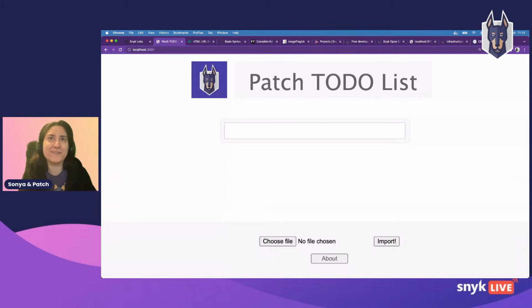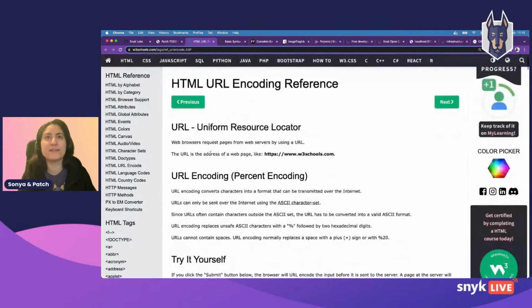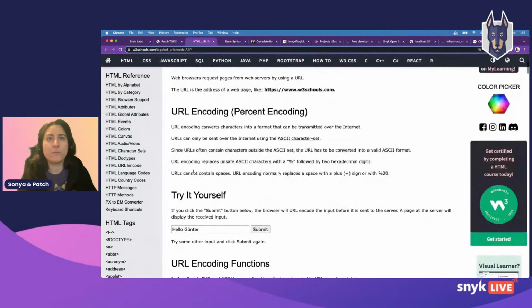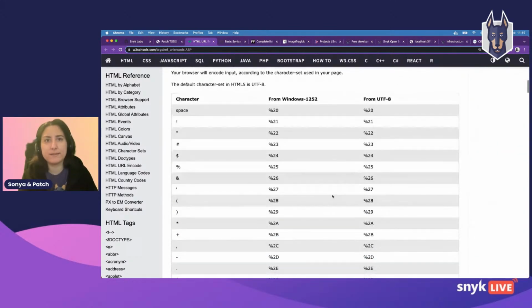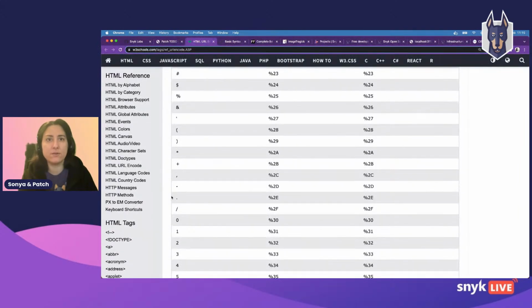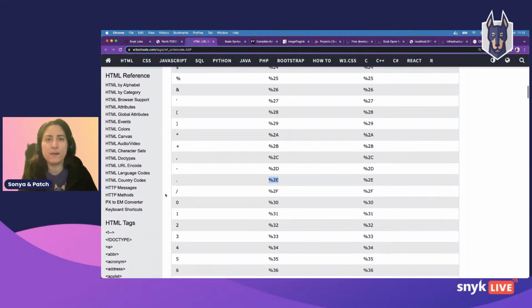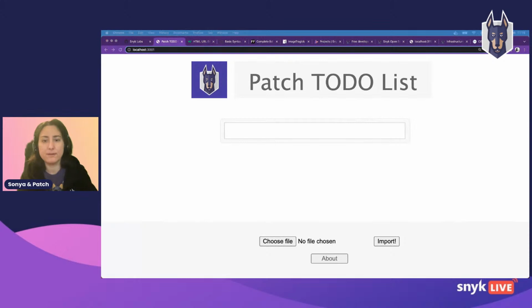But I'm a smart hacker, so I'm going to try to bypass this sanitization. I know that I want to use this ../ command, but apparently I cannot perform it here. So what I'm going to do is URL encode this ../ If you're not familiar with URL encoding, basically I'm going to replace unsafe ASCII characters with a % followed by 2 hexadecimal digits. What I want to replace is the dot dot slash in that case. So this will be the dot with %2e and the slash with %2f. Okay, let's try this and see if it works.